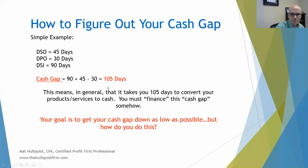All right, so quick example here, simple example of the days. It takes 45 days for customers to pay us. We pay our bills in 30 days and our inventory sits on the shelf for 90 days. Cash gap's 105 days. This means that in general, it takes you 105 days to convert your products or services